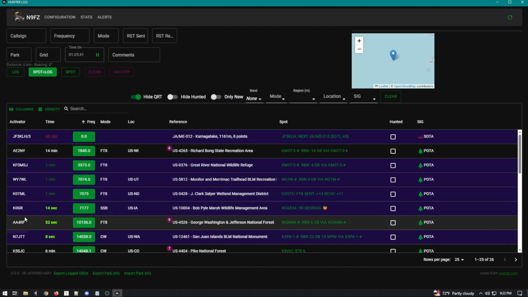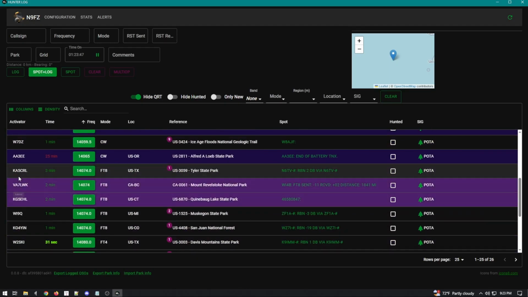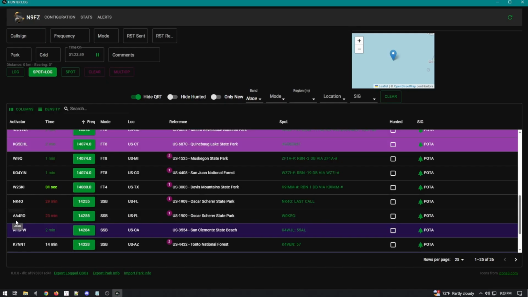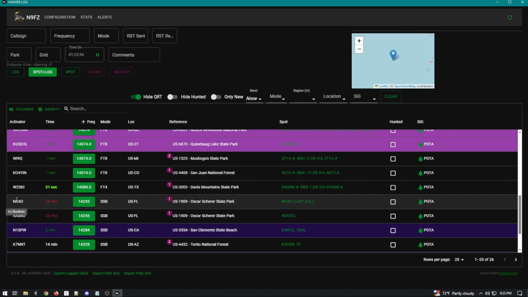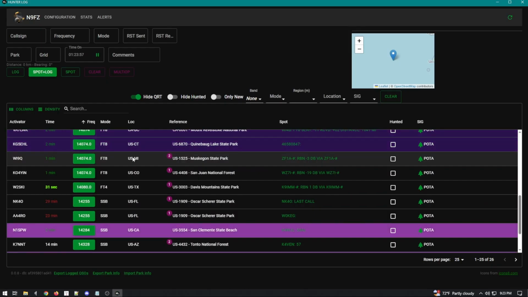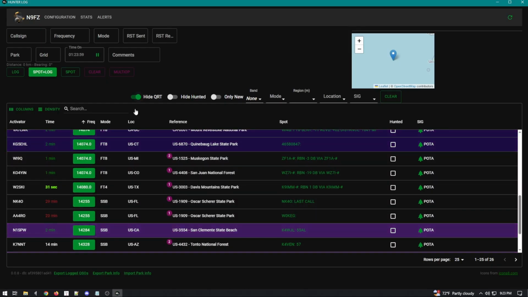You see here that I've got the park stuff loaded in, but I know some of these people I've probably got QSOs with, and there should be the same kind of counts here for these as well as for these locations. We'll get that loaded up in a second, but I will say that in this version 008,